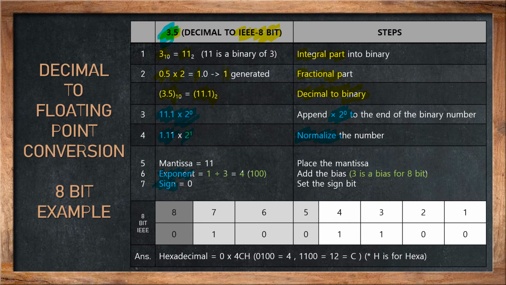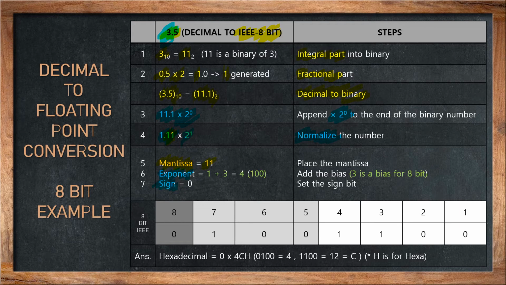So I got the sign bit, and the exponent, that is 100, 3 bits. And the mantissa: what is the mantissa? The bits after the radix point on the right side are my mantissa, so the mantissa we got is 11, right? Okay, so finally we have the sign bit, exponent bits and mantissa bits, and now it is time to set all the bits into the 8-bit format.